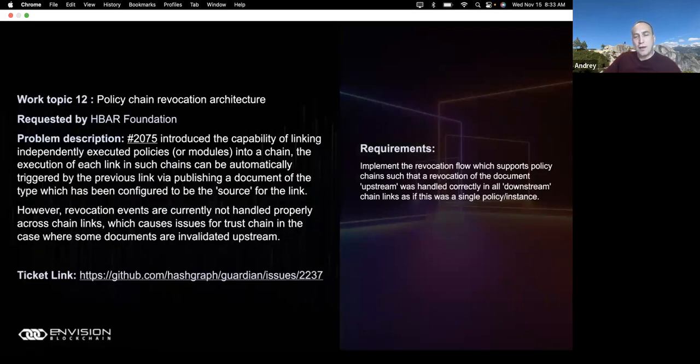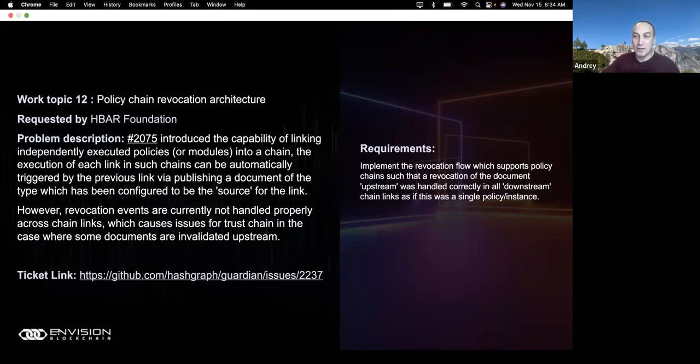Yeah. So we have introduced a policy chaining concept recently in this phase, which is to do with multiple policies, potentially running on different Guardian instances, united together, working together in a coordinated fashion as almost a single pipeline, where the result would be a token produced on Hedera. And all the data is still verifiable and traceable. However, there is no easy way now to actually do that.